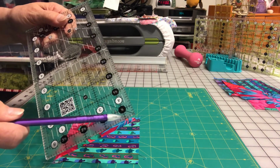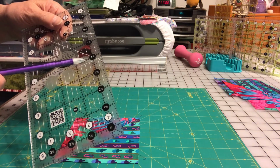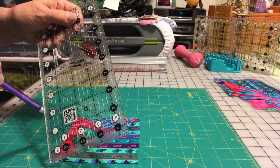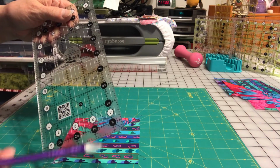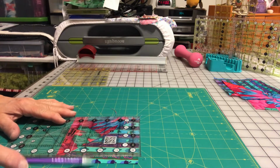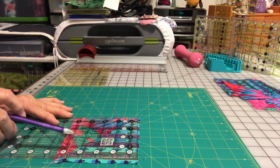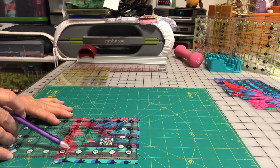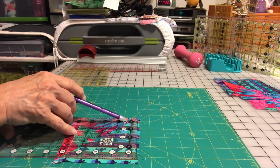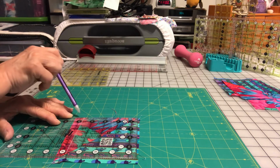And this ruler, up to this line where it shows 4.5 inches, is 4.5 inch squared, because it's 4.5 inches from here to here, and then from there to there. So when you put it down on your fabric, remember now these were 5-inch squares, you would line it up. You're going to want to put your 45-degree line right down the middle of your half square triangle, and then you can see it's 4.5 right here